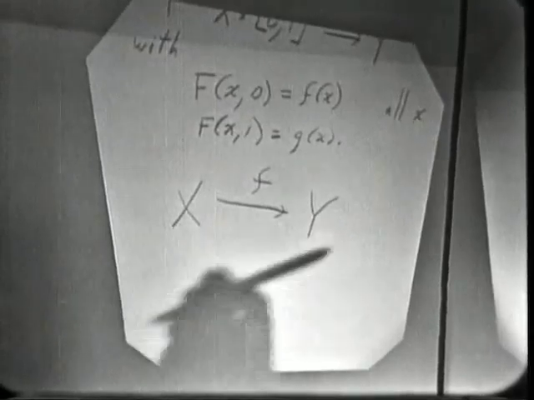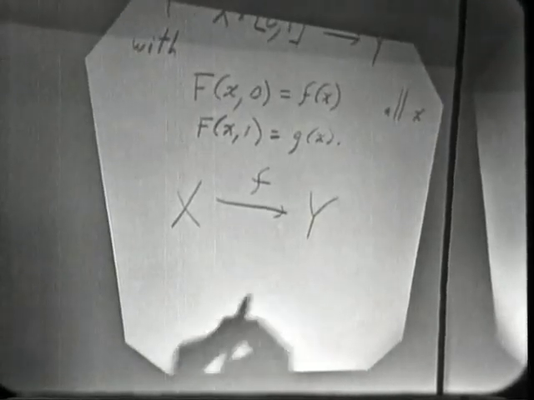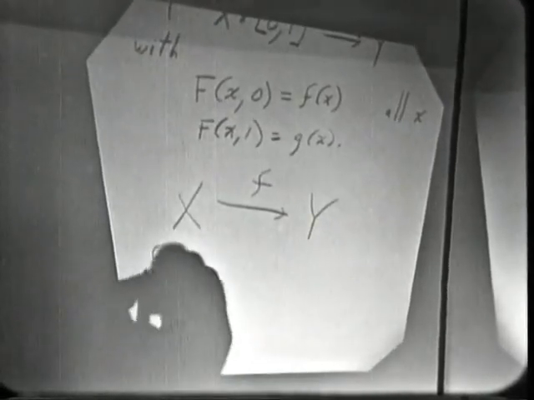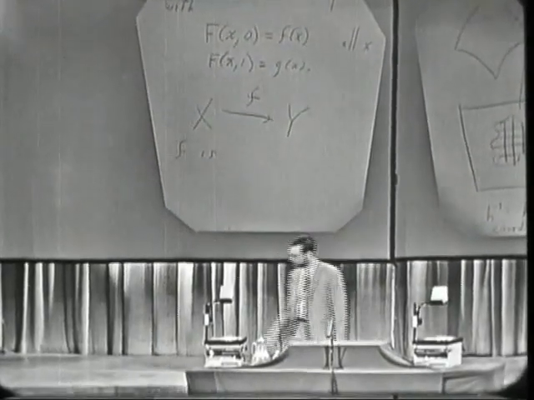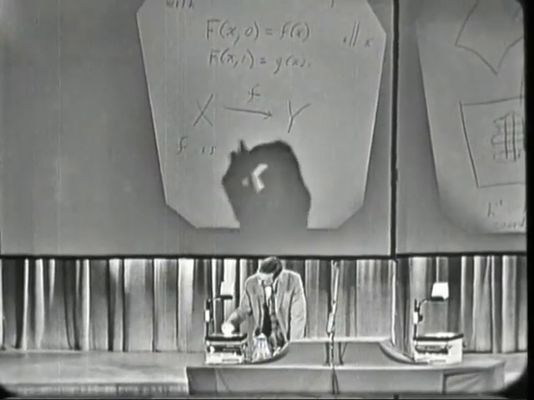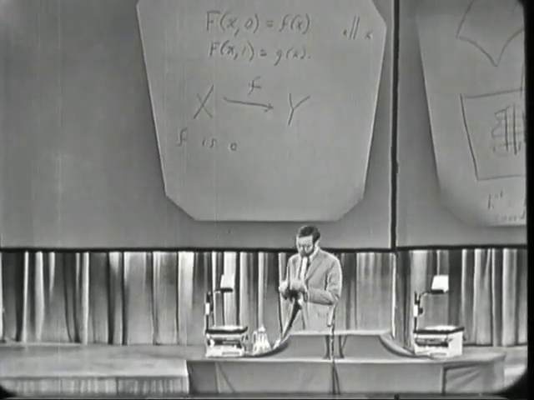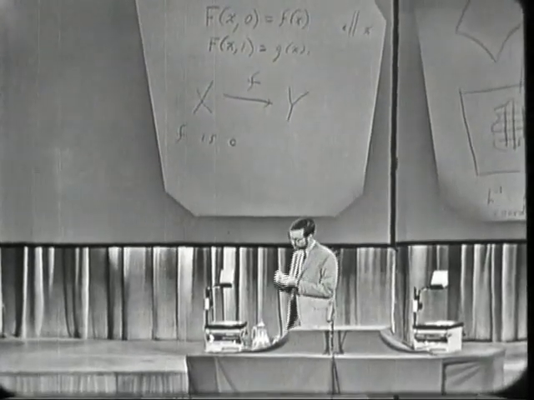Suppose we have X and Y and a mapping f from X to Y. When should we consider this to be an isomorphism in this fourth category, homotopy theory? Well, again, to be an isomorphism, it must have a two-sided inverse. So now the name given to the concept of isomorphism here is homotopy equivalence. So f is a homotopy equivalence